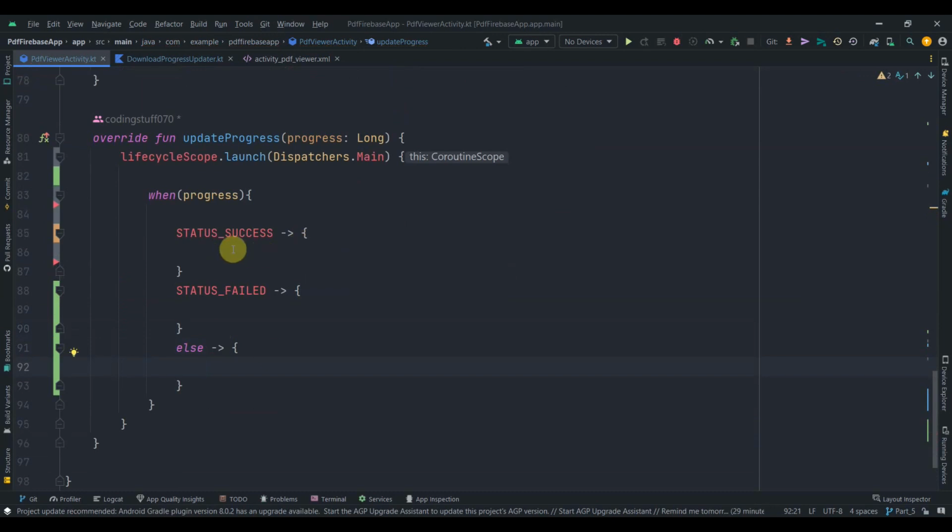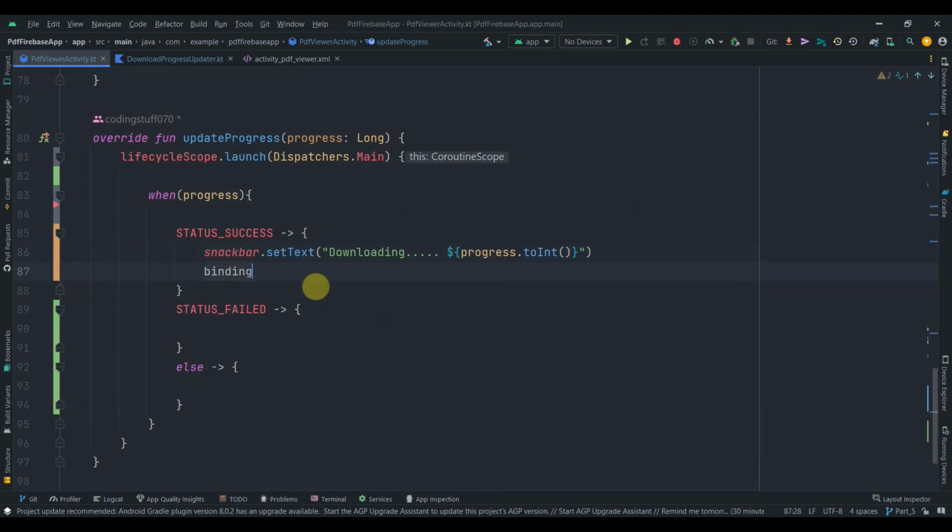So inside the status success, what we'll do, we'll call our snackbar.setText function, and here we'll set the message. So downloading, progress, $progress.toInt,